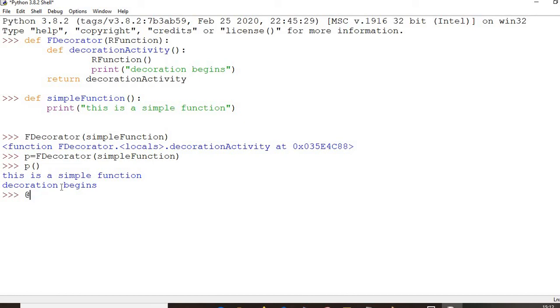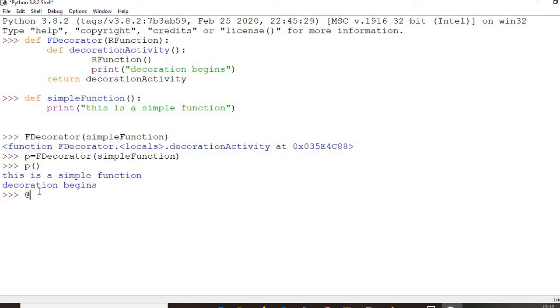Okay, so you can create a decorator function, and instead of having this thing implemented like this, where you have to call the function and use a variable, instead of using this whole statement p equals fDecorator and then passing a function, you can use the @ symbol, okay, and run the program.